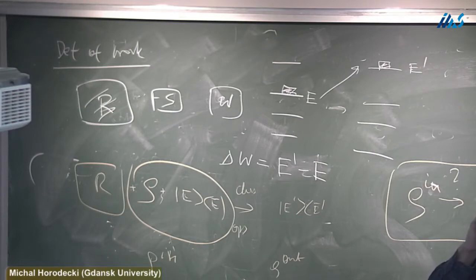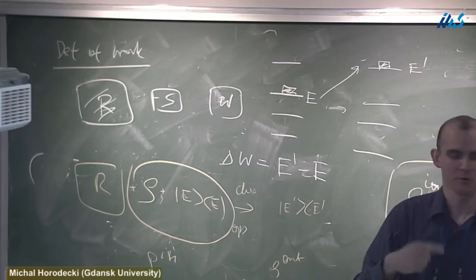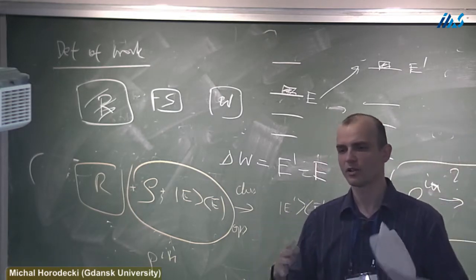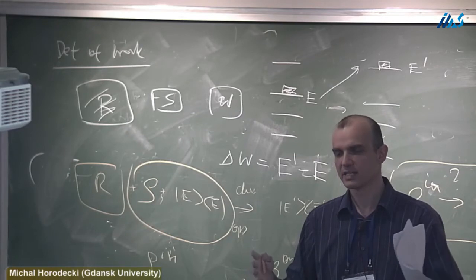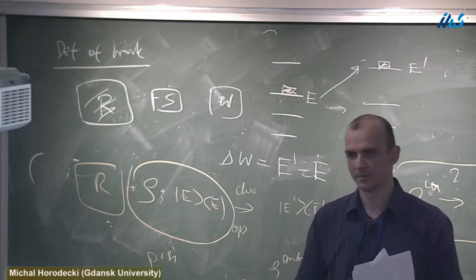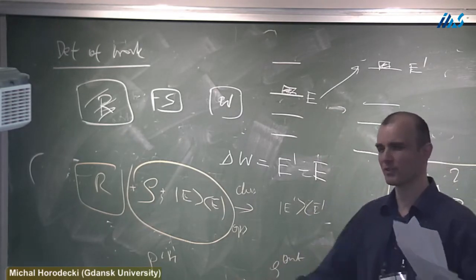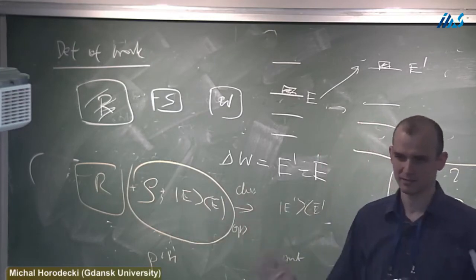Sorry, did you say what is your class of operations? Or I did, but I will be repeating it. So it's all the unitary transformations that commute with the total Hamiltonian. Also adding for free Gibbs states and removing particles, but that's a trivial part.